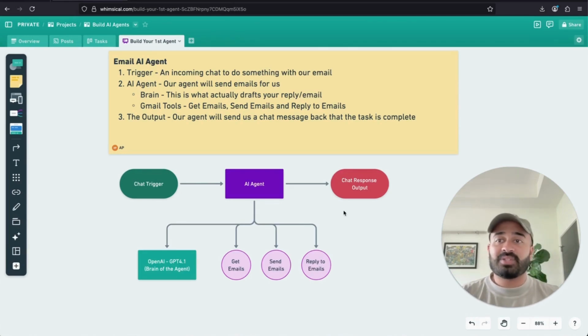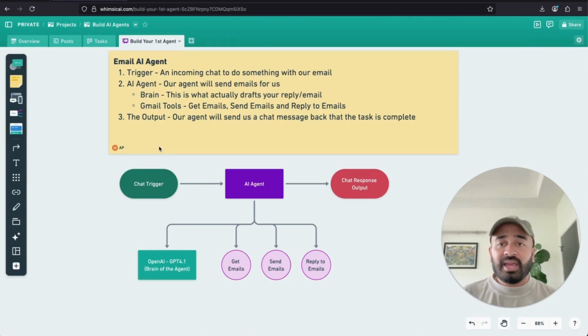down into these steps. Now, I'm using a software called Whimsical. This is not a plug. In the beginning, I was using the Notes app, Word, Google Docs, anything free to just jot down my starting steps, the trigger, what I want the AI agent to do and have access to in terms of tools, and then the output. What is the last thing I want it to do, say, or confirm? If you break the AI agent that you want to build into these steps, you're going to be able to